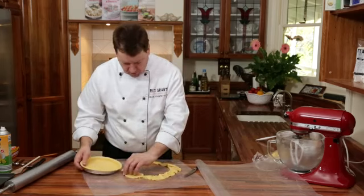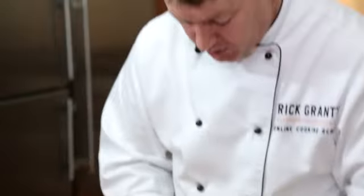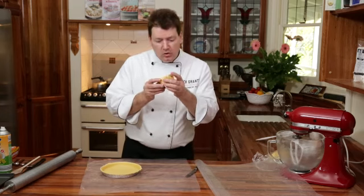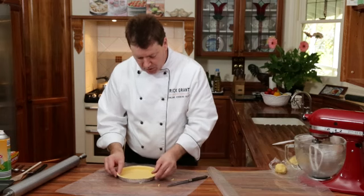Okay, carefully remove that. Always save your trimmings, because what you can do with this pastry, roll out a little thicker with cookie cutters, make shortbreads. It's beautiful. We're going to do a thing called docking,